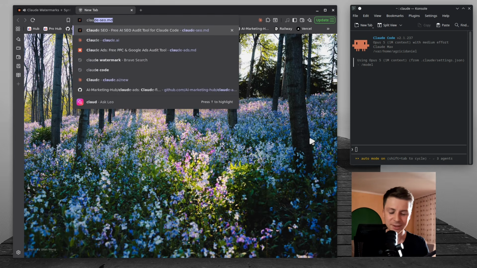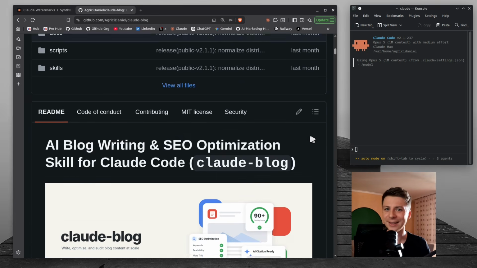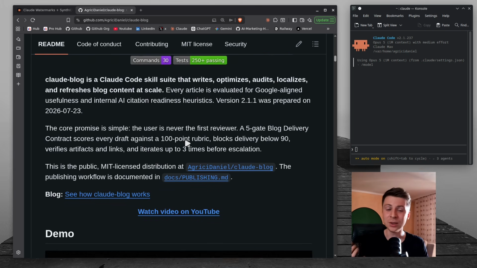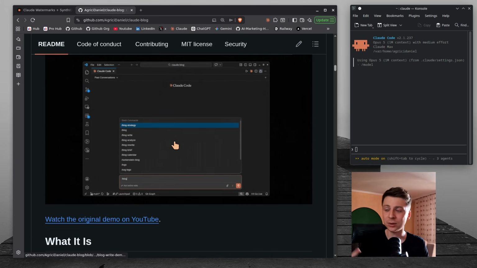One prompt in Claude Blog skill is what wrote this whole blog. Let me show you. What is Claude Blog? It's a Claude Code skill suite that writes, optimizes, audits, localizes and refreshes blog content at scale. Every article is evaluated for Google-aligned usefulness and internal AI citation readiness heuristics, and it's version 2.1, everyone. So this whole skill was used to create the current blog,